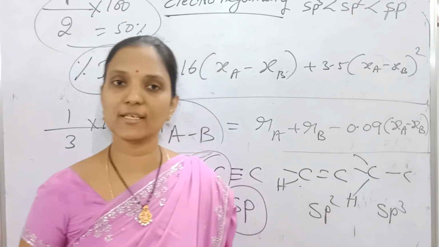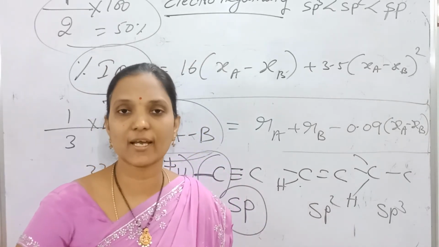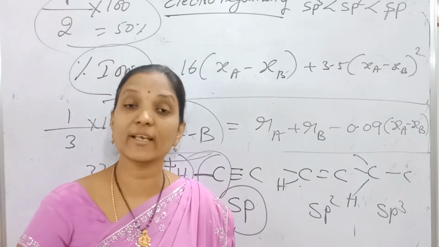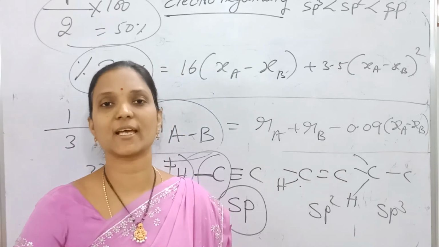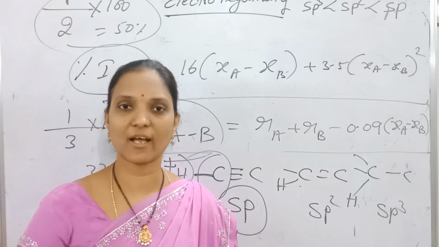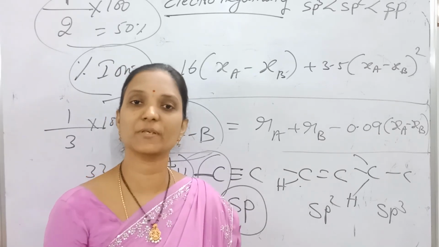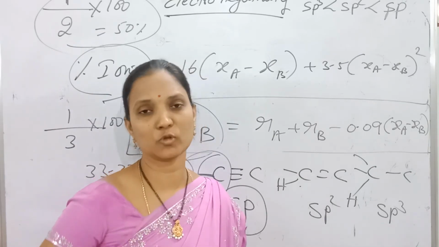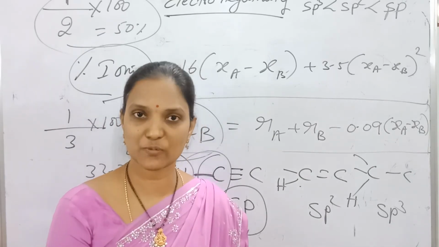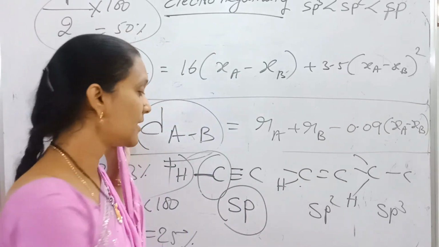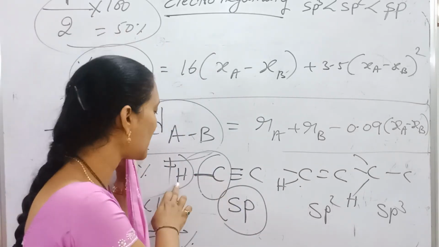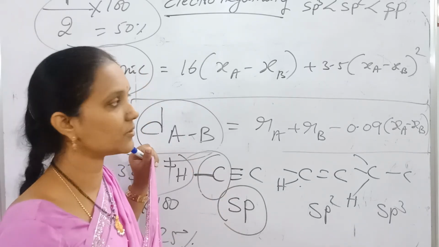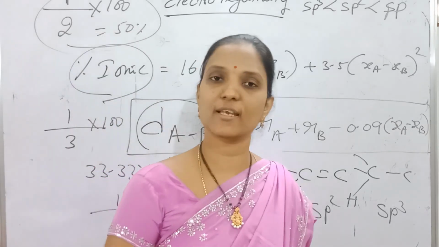So which one can release H plus? The alkyne. Why does alkyne release H plus? The electronegativity of that carbon is more. Why is electronegativity more? The percentage of s character is more. How is it more? sp hybridization. So in sp hybridization, percentage of s is more, size is small, so electronegativity is more. That's why it attracts the bond more towards itself, so it can release H plus easily. That's why alkynes are acidic in nature. Alkyne hydrogen is acidic, but alkenes are not acidic. So electronegativity indicates acidic nature also.